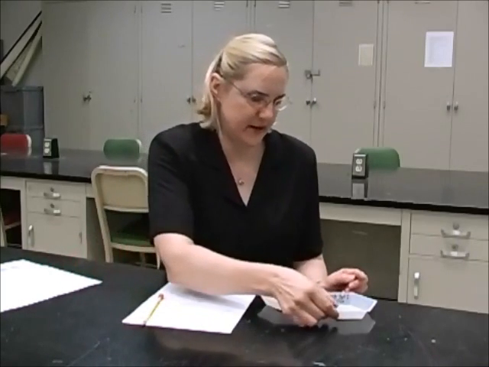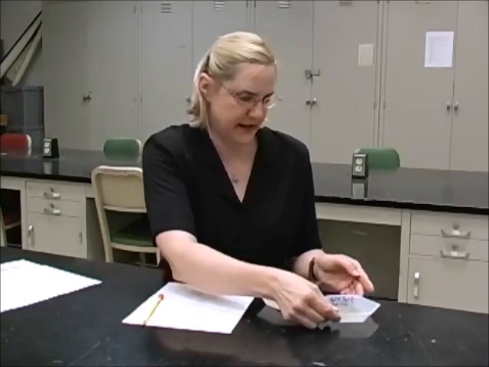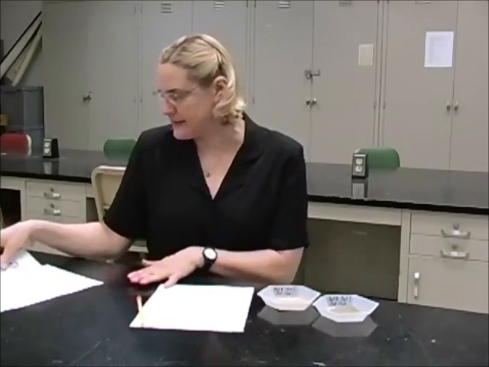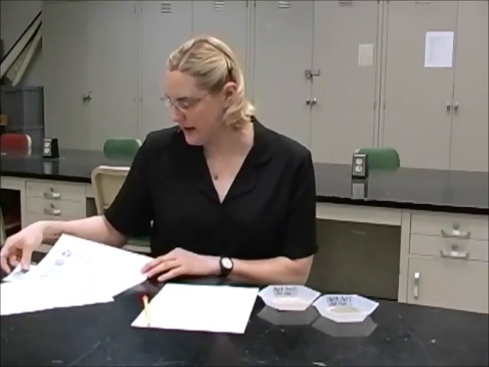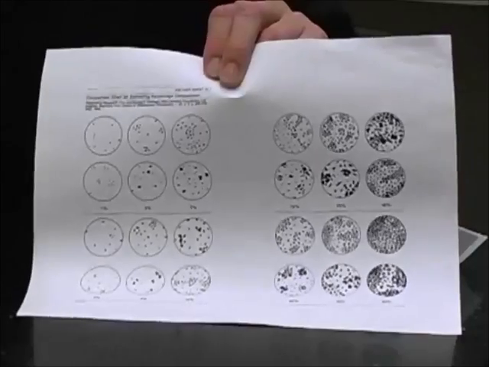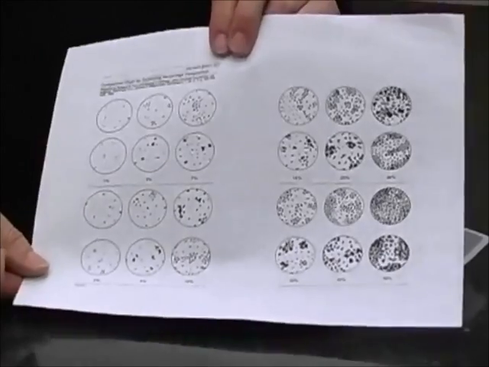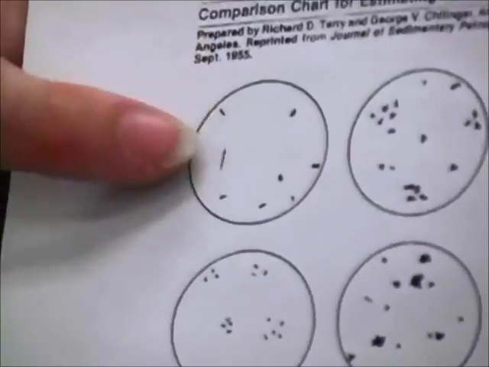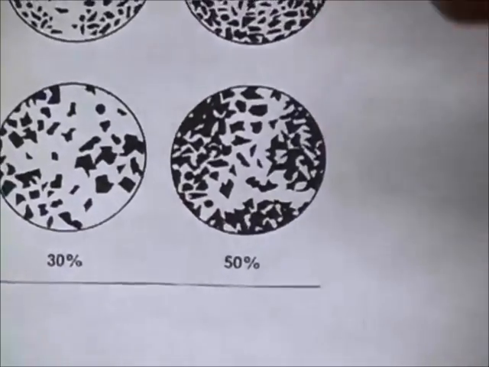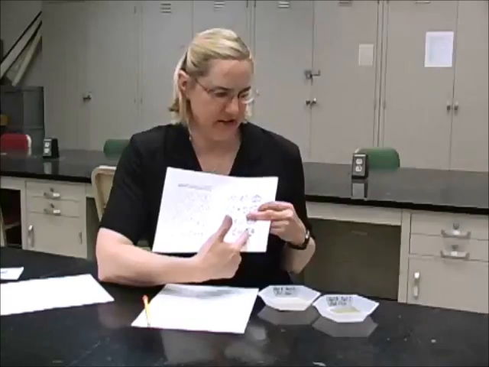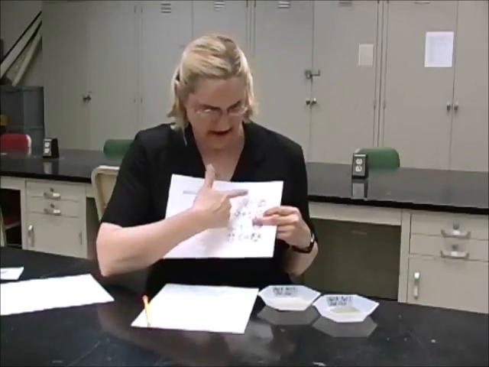And how you're going to estimate how much sand is there, you're going to do two things. Beside each microscope, we have a little chart that shows how you would guesstimate what percent of material is in each one, where this is virtually 1% and this is like 50%. So you're just going to estimate, look down the microscope and see which one fits with